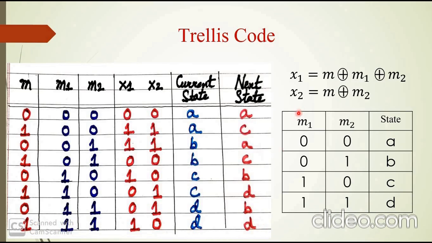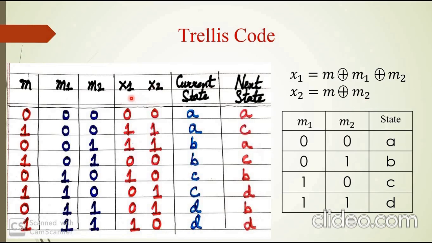Now see, I have already told our output x1 and x2. So x1 is modulo sum of M, M1 and M2. x2 is modulo sum of M and M2. So for this particular example, based on this, we can calculate x1 and x2 now.